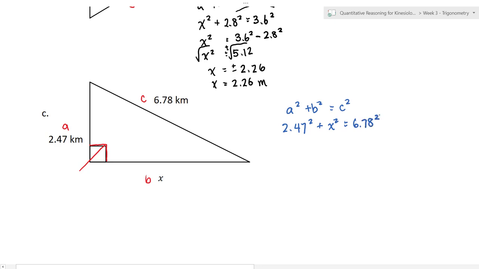So I'm trying to solve for this x, so I'm going to bring the 2.47 squared to the other side of the equal sign. Right now it's positive, so when I move it over, it's going to become negative. Now I'm just going to type this up on my calculator. 6.78 squared minus 2.47 squared. And I get 39.8675. Now I'm going to square root both sides, remembering the plus or minus in front. I end up with x is equal to the square root of 39.8675, which is